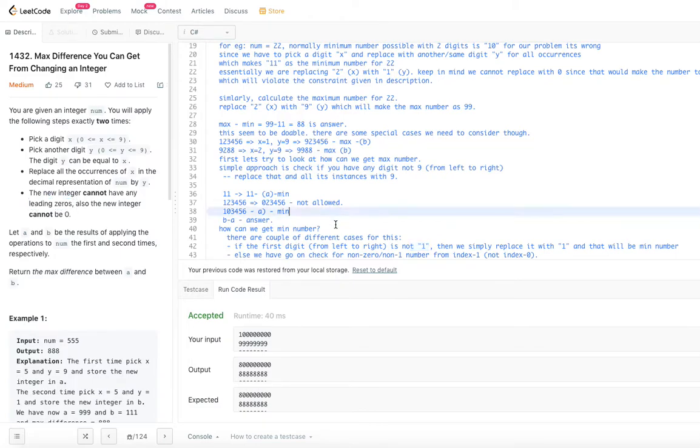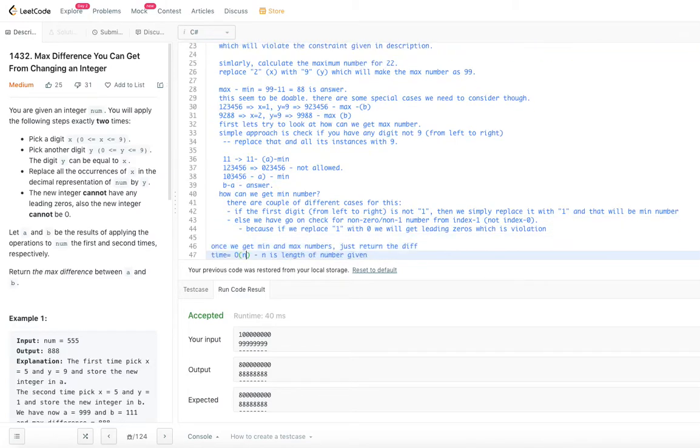But if the first number is 1, we have to skip that, just like we have skipped in this example. We have to skip that and look for a digit which is not 1 or 0, and replace that with 0. That's what we did. So that's the simple logic that we are going to use.